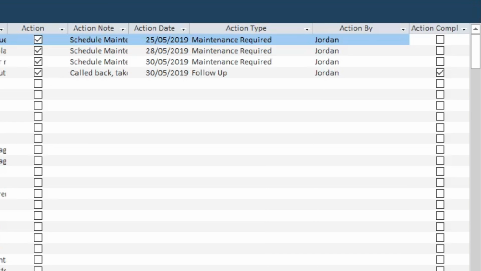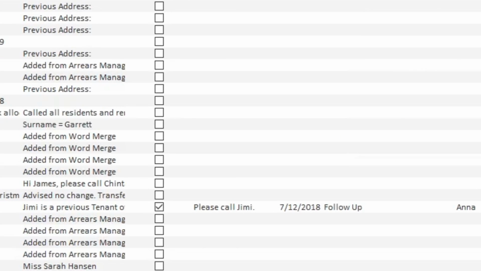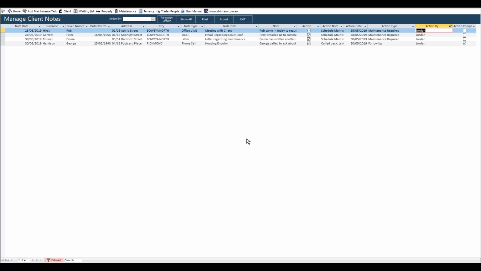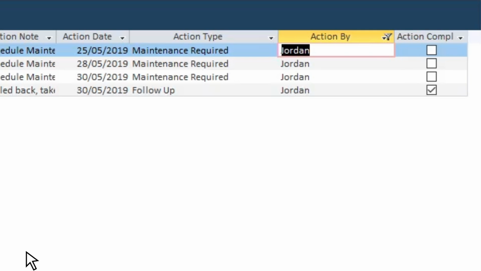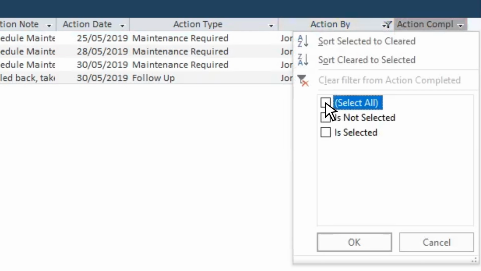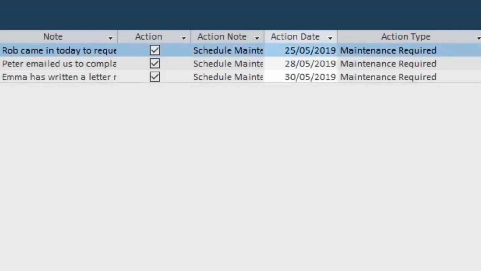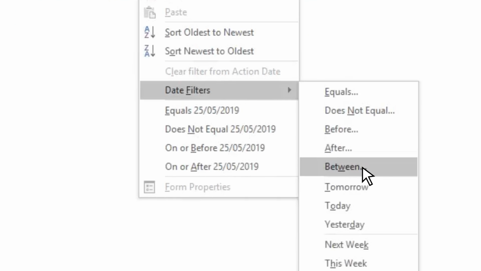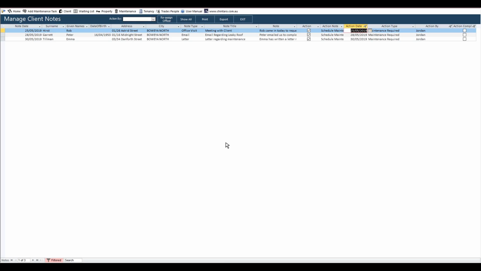We'll right-click on any entry, go down to Text Filters, select Equals, type my name, and click OK. Now we just want to see which actions haven't been completed, so we'll use the Action Completed column again by clicking the black arrow, deselecting all, and clicking Is Not Selected. We'll also use a date filter in this example. So in the Action Date column, we right-click any entry, go down to Date Filters, and use Between. We enter the dates that will be away, click OK,